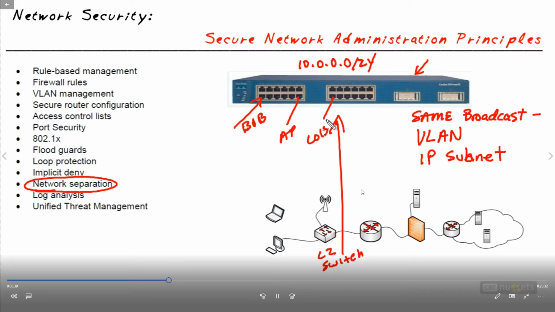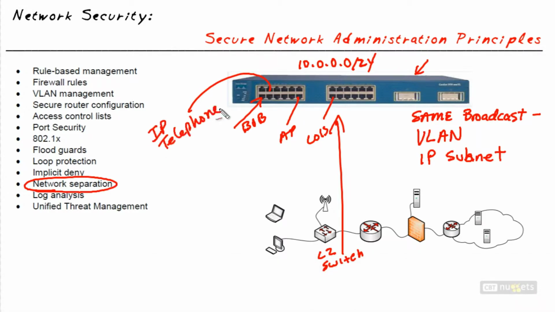who's plugged in there. Let's say we have some telephones, some voice over IP telephones. So here's an IP telephone that's plugged in there. We could have a printer plugged in there as well. And maybe we have a server for that department, so we could plug that in as well. One of the challenges of plugging everybody in to the same switch, into the same VLAN, is that we don't